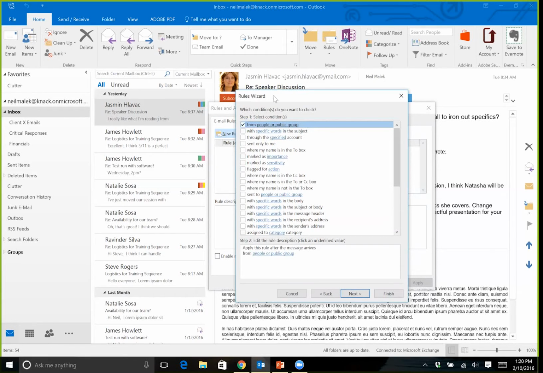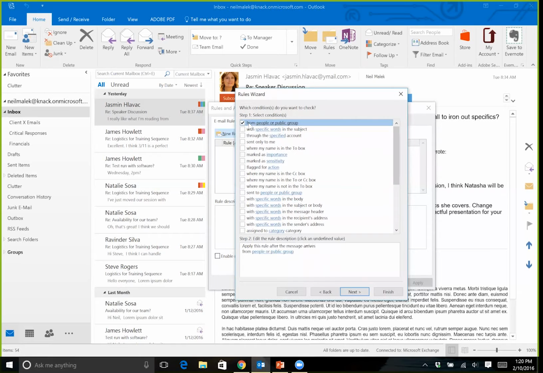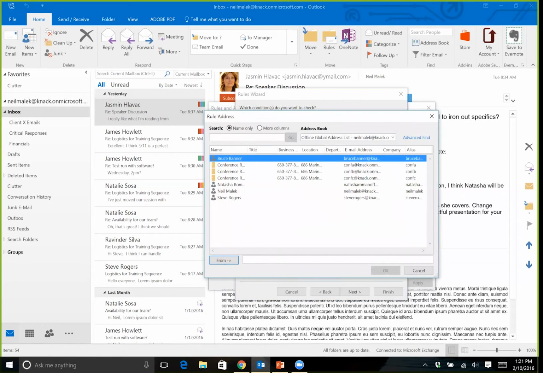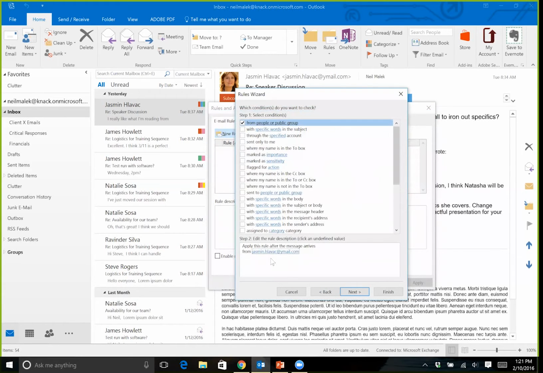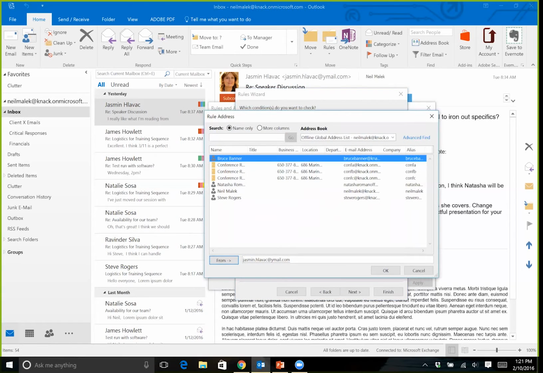But then maybe I stop and I think to myself, okay, well, I could do this, right? I could say from people or public group. I could click on people or public group at the bottom of the screen and put in jasmine.hlavak@ymail.com. Now, the problem with doing this is that I also have another individual who emails me named Michael Romani at ymail.com. And I might say, okay, well, I can do that too, right? I can decide to go to this jasmine.hlavak@ymail.com, and I can add another email address. Just put in a comma, semicolon, and put in